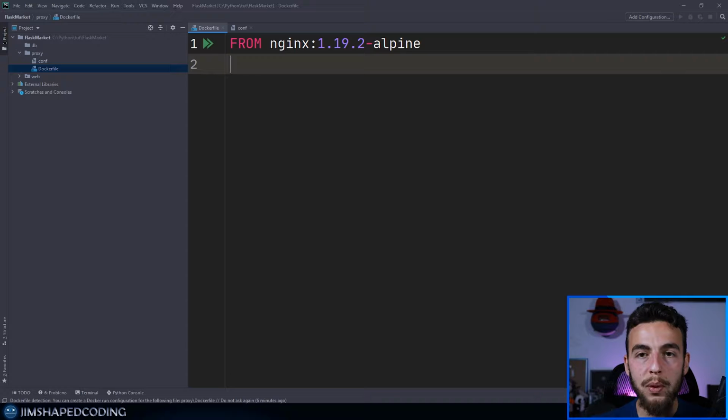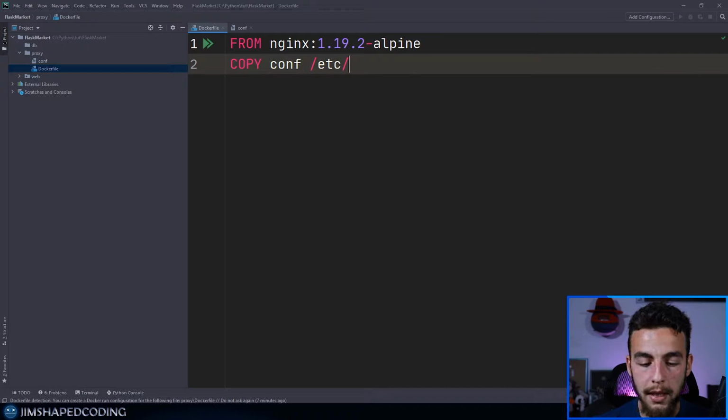So the next line will be responsible to basically grab the custom configuration and override the default configuration that is located at a specific directory within this container that I already know. So the directory might look a little bit confusing for you, but this is just a basic Linux directory that comes with this alpine image. So I'm going to use COPY, and I'm going to copy my configuration, which I named conf, and the destination of that will be